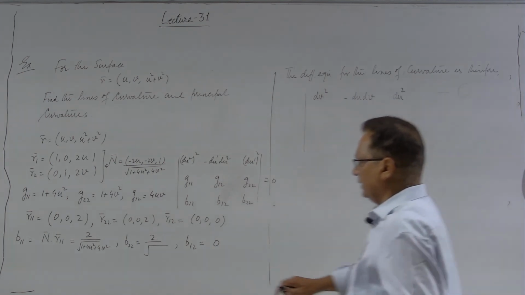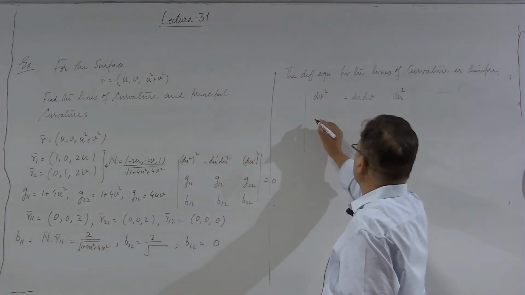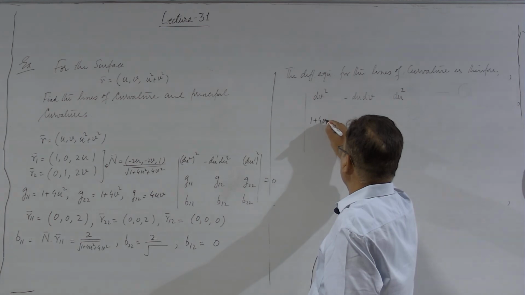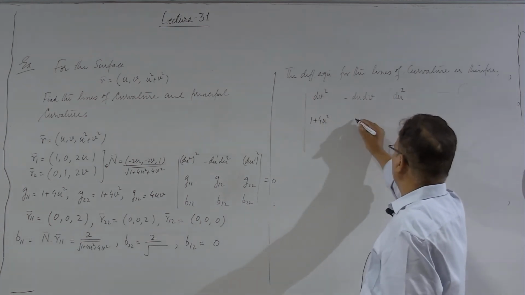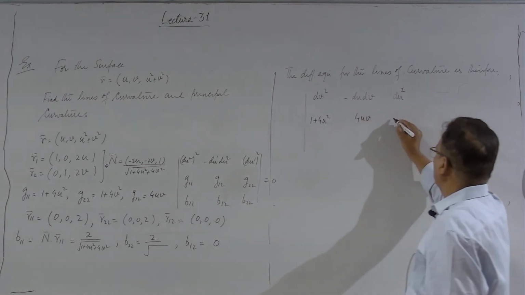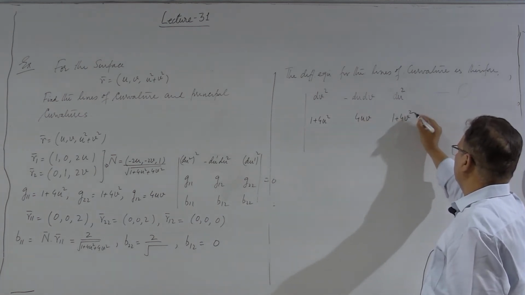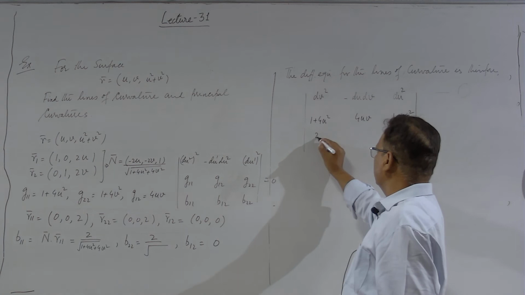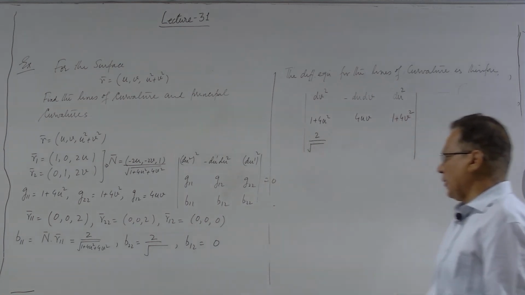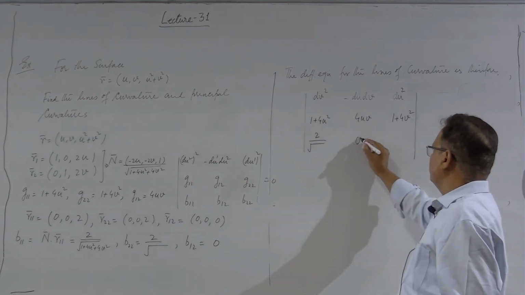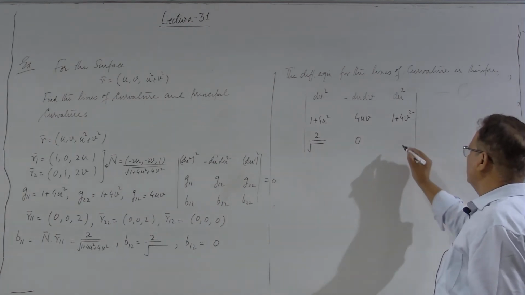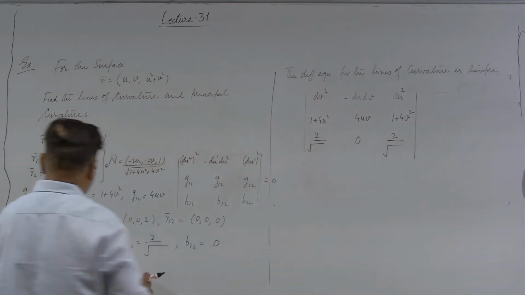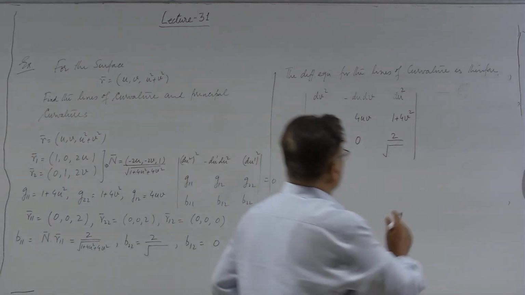G11 is here, 1 plus 4 u square without a square root. 1 plus 4 u square, and this fellow is 4 u v, and again 1 plus 4 v square, and in the last row we have 2 upon under root this quantity, B12 is 0 and B22 is once again 2 upon square root 1 plus 4 u square plus 4 v square. Okay, so, this equal to 0 is the differential